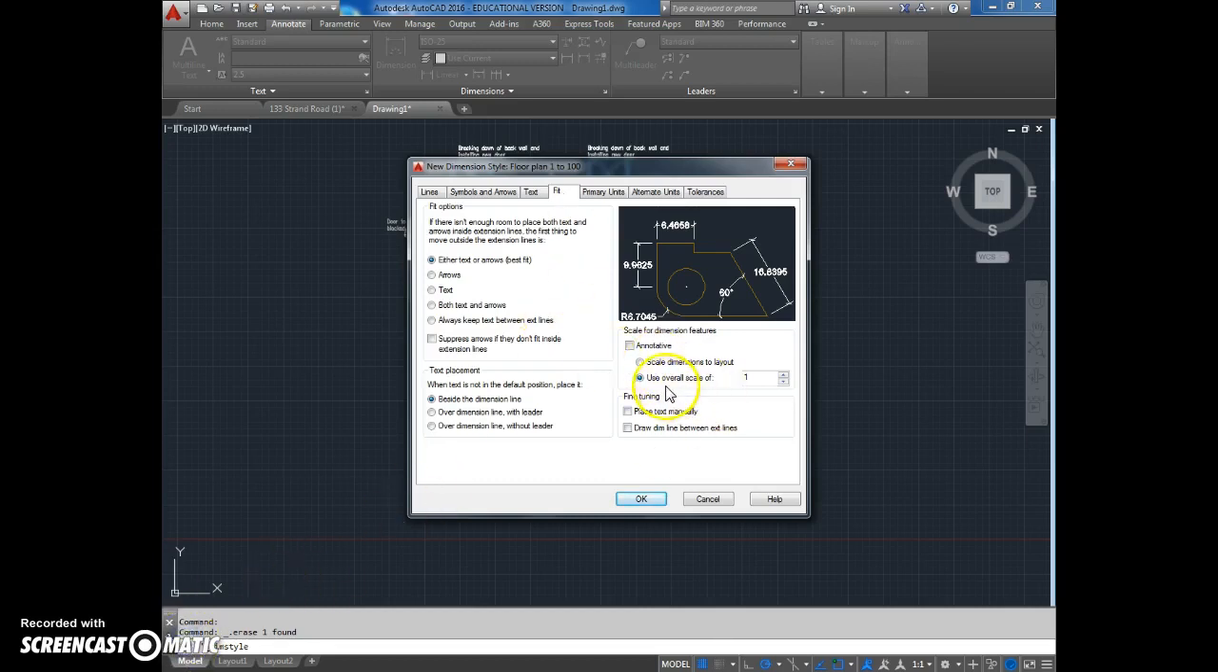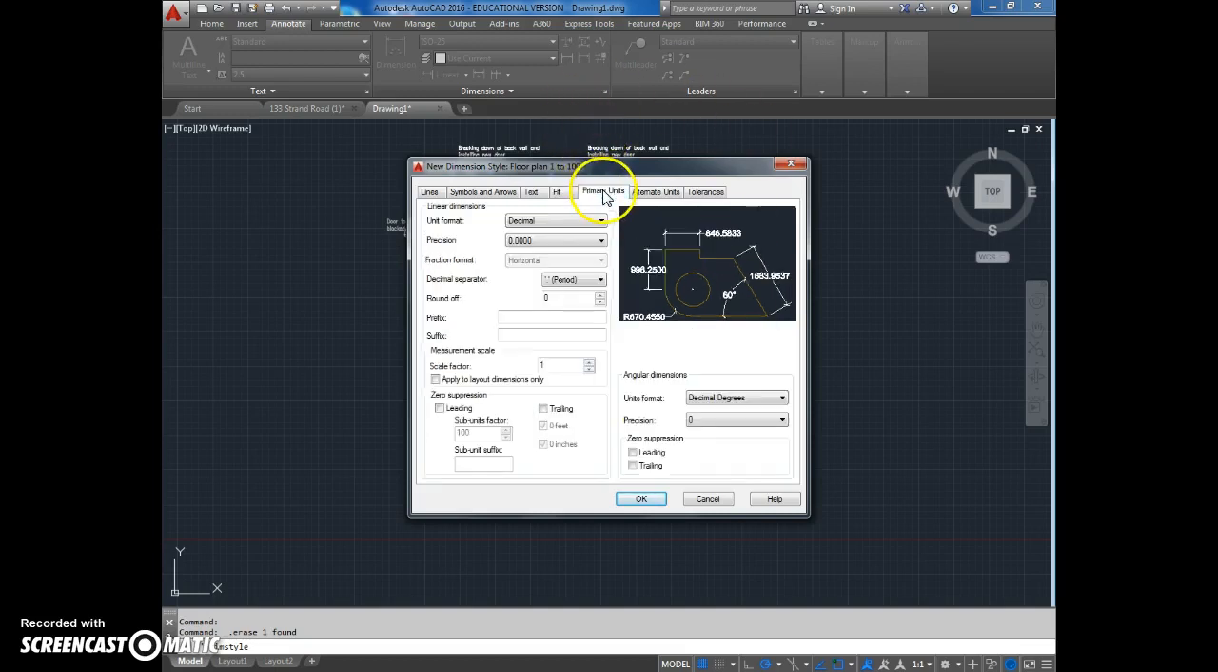Yeah, if we come in here, we use our overall scale, and our overall scale is 100 or whatever we decide. And in this, I'm going to put it in as 100 because the intention is that everything will be multiplied by 100. So when I put in 1 or 1.5 for an arrow size, I'm multiplying that by 100. Then if I go to my primary units, we're going to 0 decimal places, because